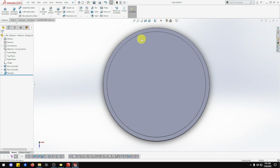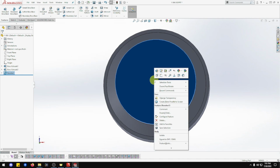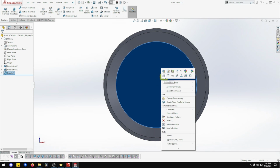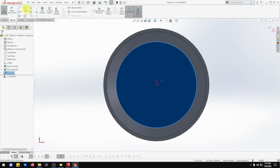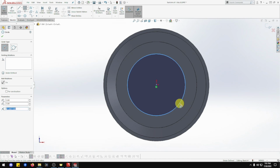Okay, so now we need to do... Oh, not that one. Nope, that one. There we go. Click the middle mouse button to scroll around. So we want normal to that one. So it should be on the base one we just did. Then we go vertice, circle, in the middle. That is going to be...